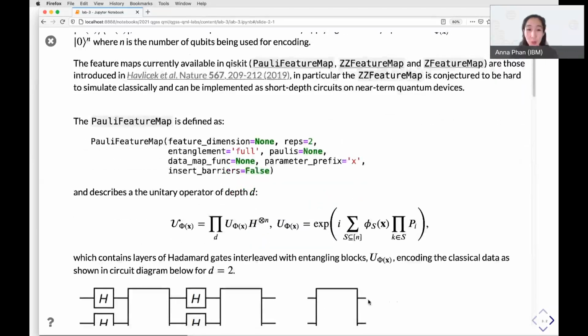So this is what the Pauli feature map is defined as in Python, and this describes a fairly complicated looking unitary operator of depth d. So I'm just going to break this down into pieces.